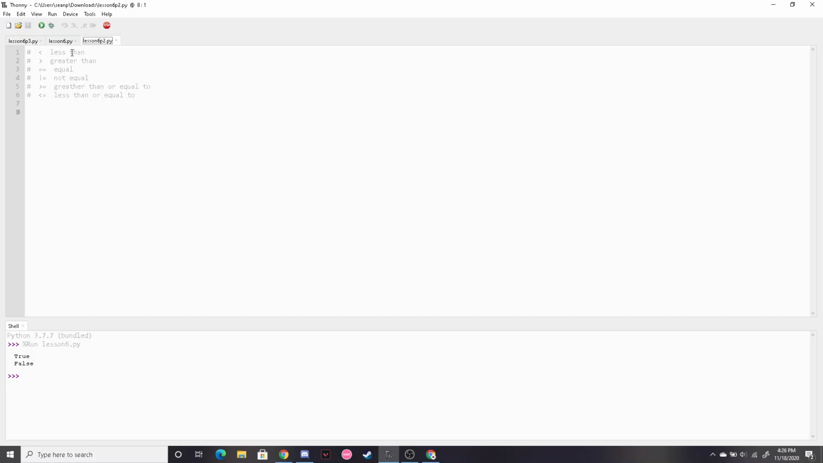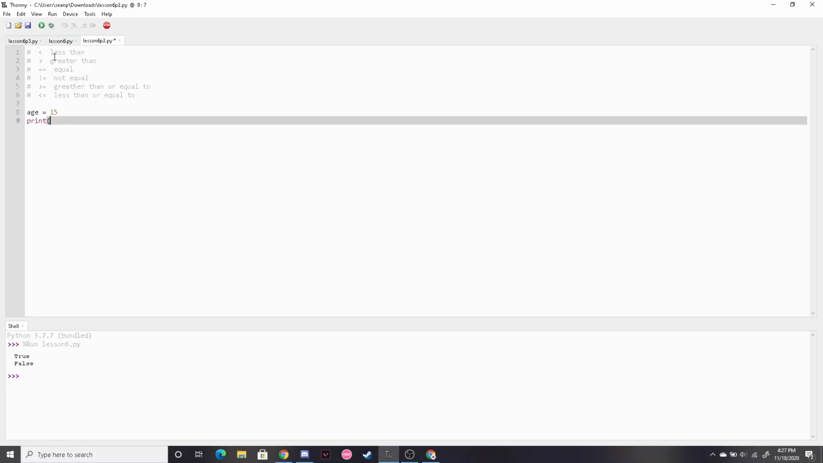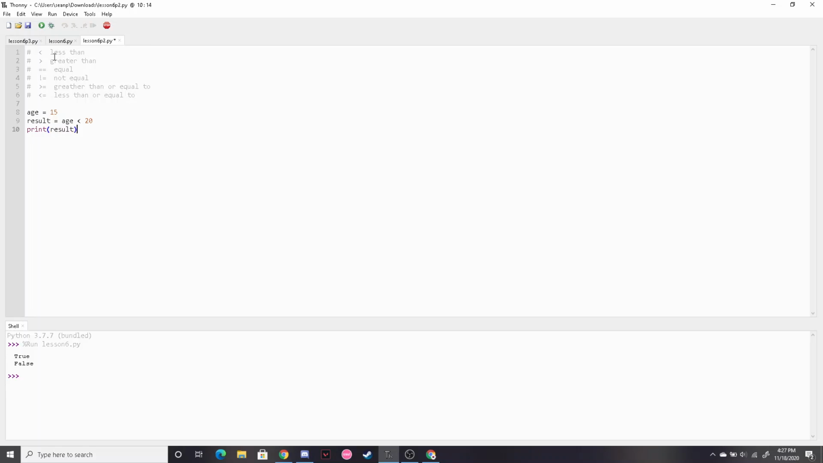So first one, less than. Pretty easy, same way as math. Same with greater than, same way as math. I don't think these two are much of a big issue, so I don't think I need to show examples, but just in case, let's make a variable called age equal to 15. Then let's do result equals age less than 20. If I print result,